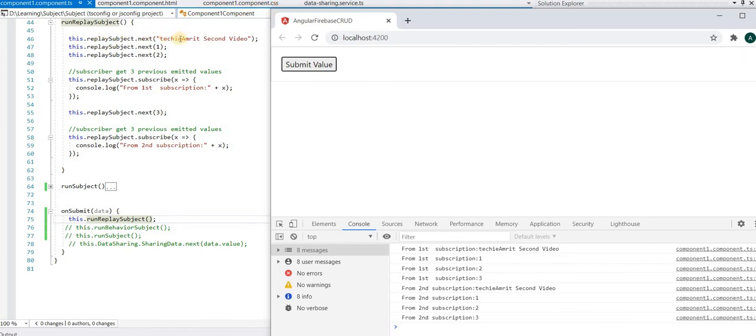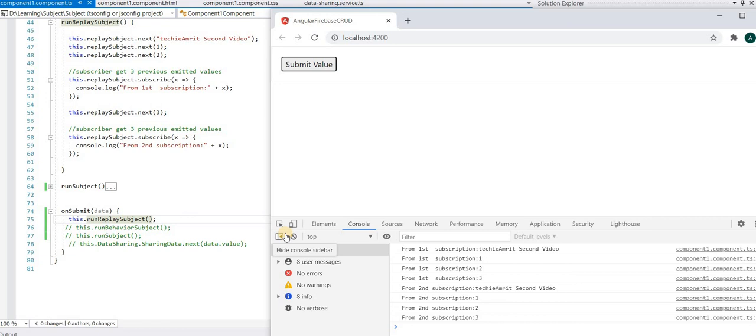So guys, as you can see here, this is Techie Amrit's second video, and 1, 2 and 3. I have pushed 3 values into it, 1, 2 and 3. So what does it give us? It gives us the previously pushed values into the observable, right? And when the second subscription started, it gives us the first value, second, and again that value.